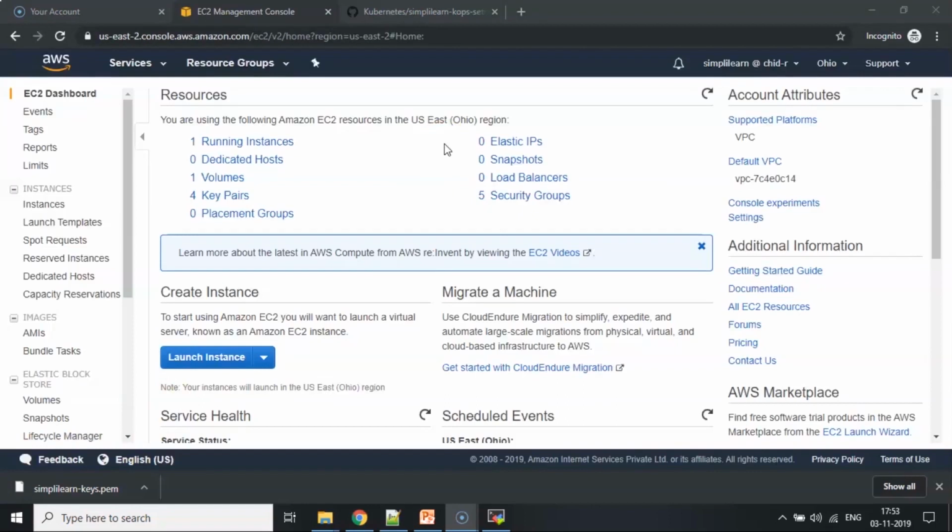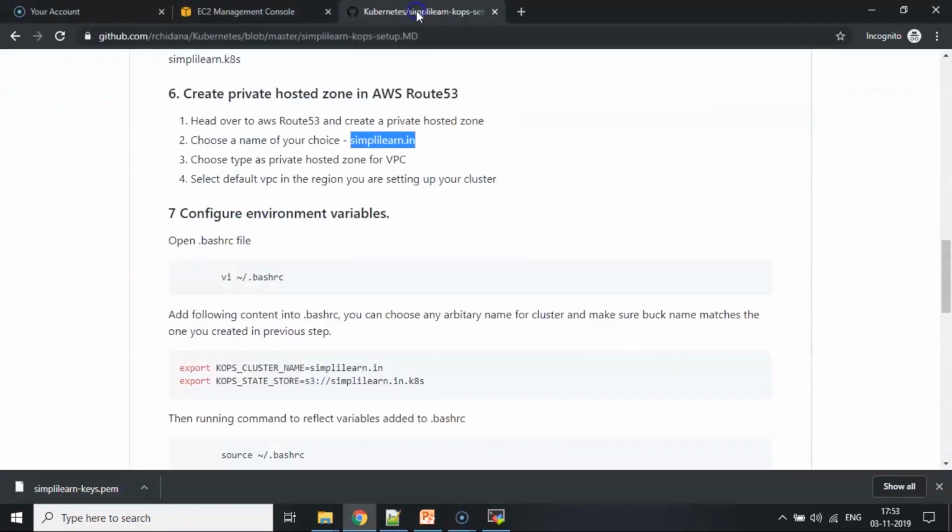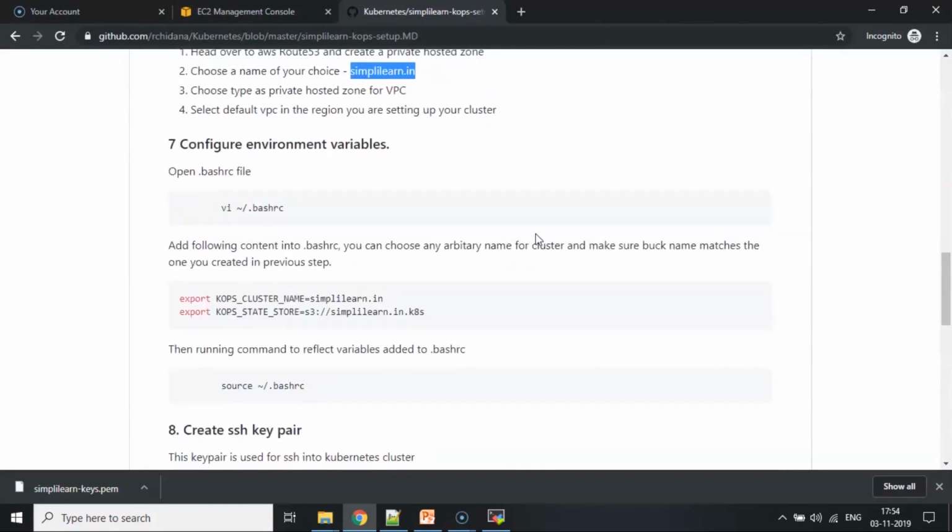My EC2 is all powered with whatever it needs in order to go ahead with the installation of my cluster. The only few things that I need to take care of is that, now that I put a name for my cluster, I also have an S3 bucket that I've configured for my cluster. I will have to ensure that I put in these two configurations as a part of my cluster